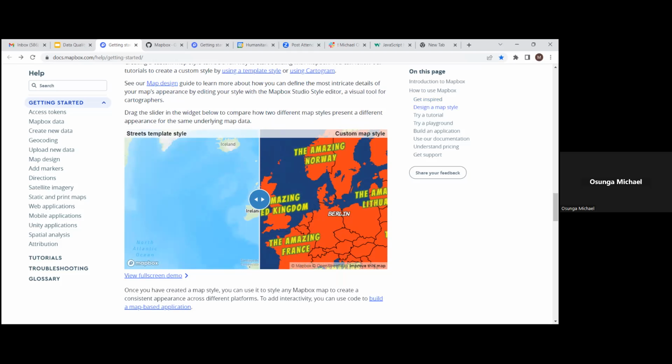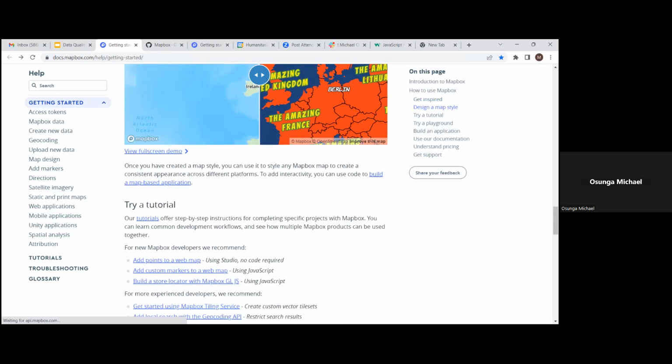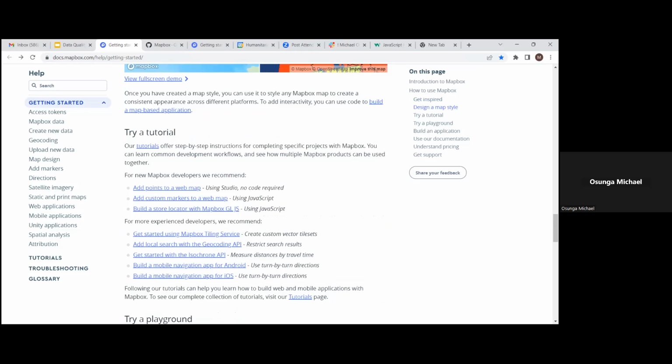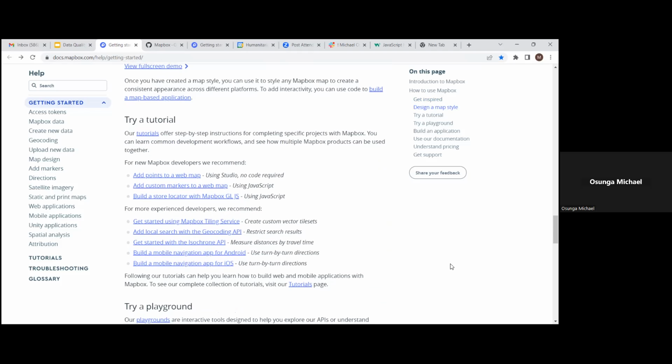One thing I also like about Mapbox is that, much as it's code intensive, they seem to have lots of resources on their website where you can really learn. So the first thing you need to go to is their tutorials. They offer a lot of tutorials on how to get started. Much as it's code intensive, the good thing about the Mapbox engineers is they've always come up with templates to begin with, okay? So if you click on the tutorial section,